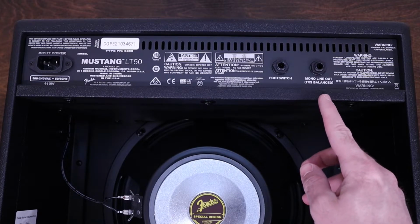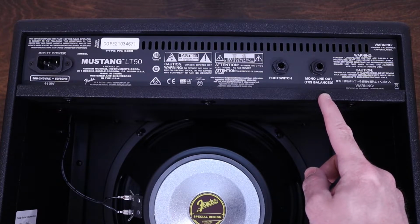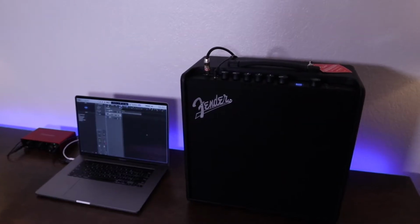And then you have the mono line out. This is a really exciting feature. Let's say you're a church musician. You have to play at church without having any stage volume. You can just hook that up to your PA system and